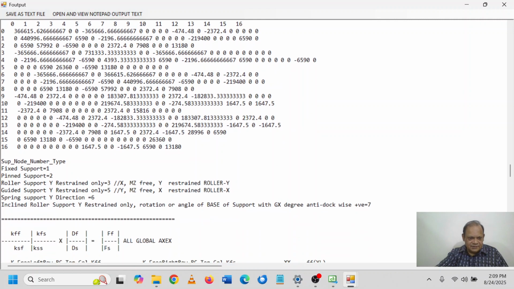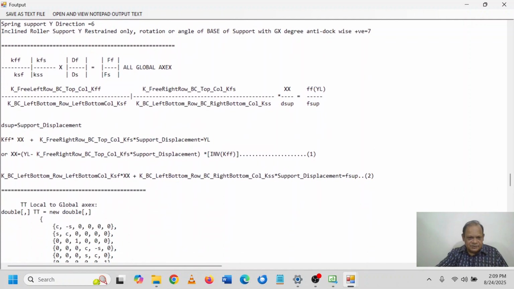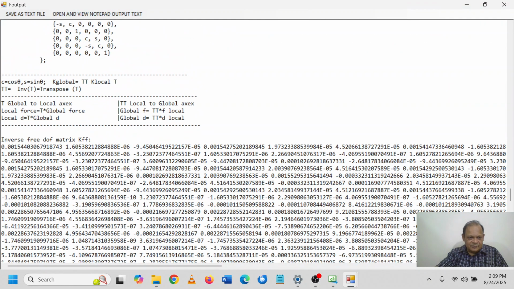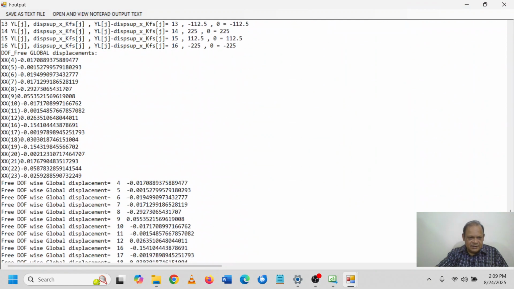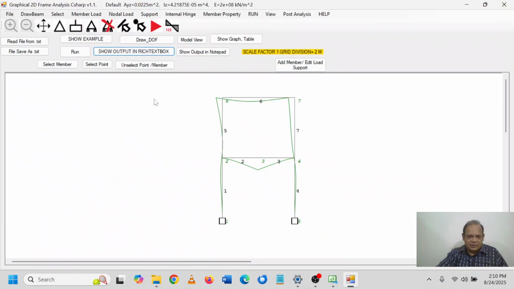This is that, and this is actually for support displacement, and this is the inverse, and these are some other calculations, and you can also see it